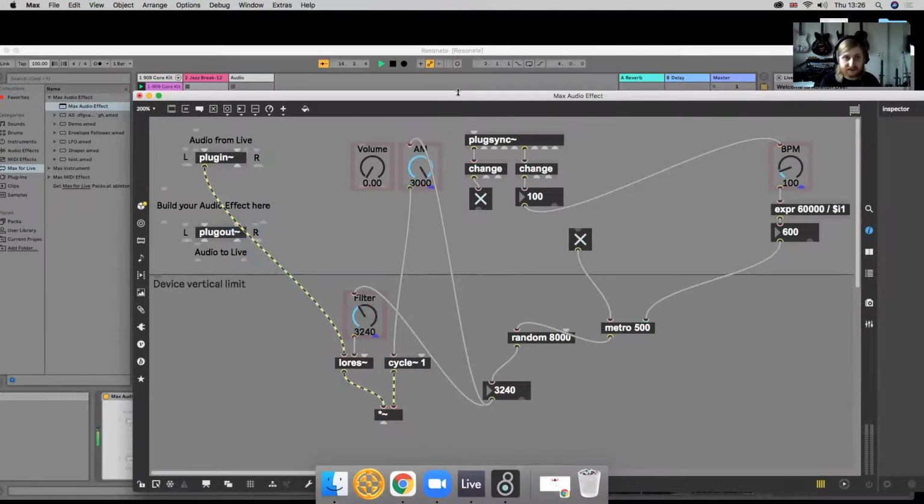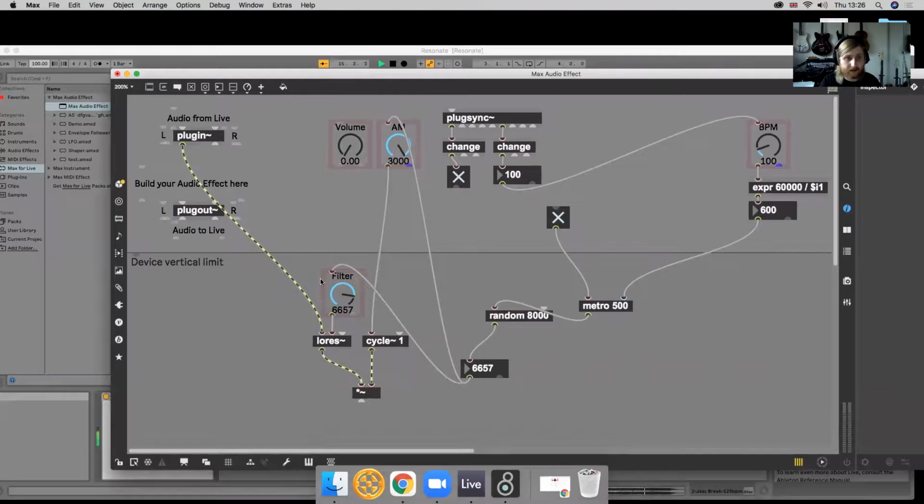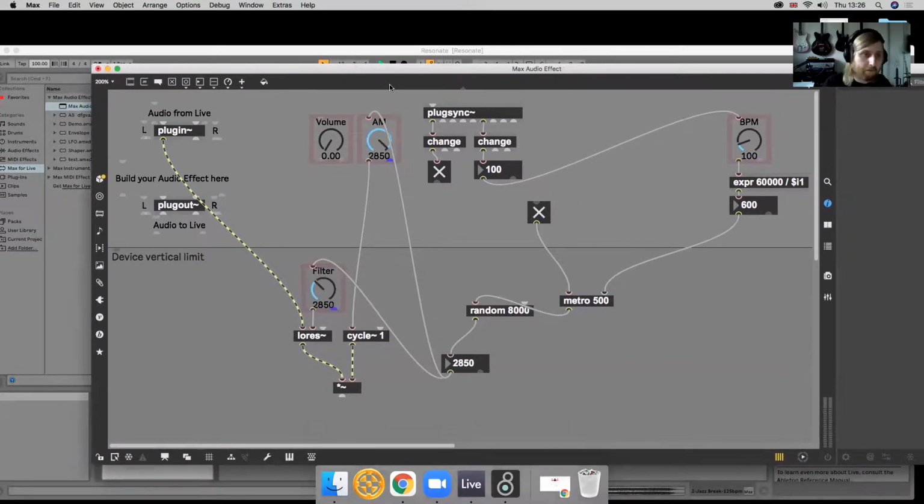Right, now it's synchronized together with our main BPM. That's pretty handy, that's pretty neat. But I had to switch on the metro object